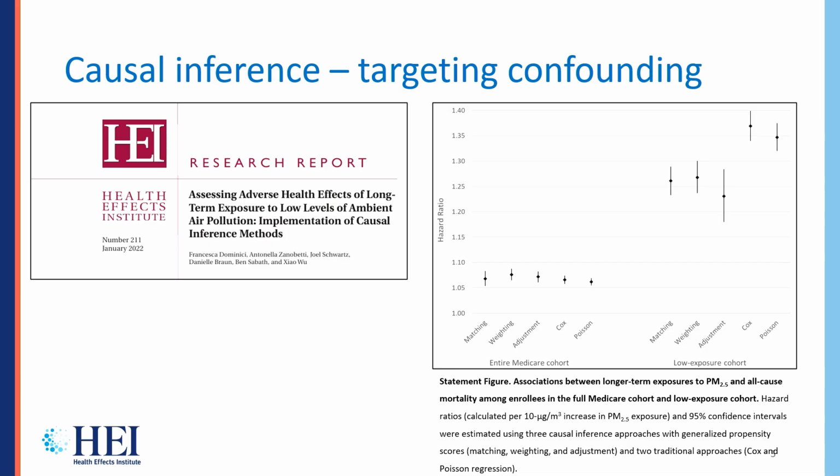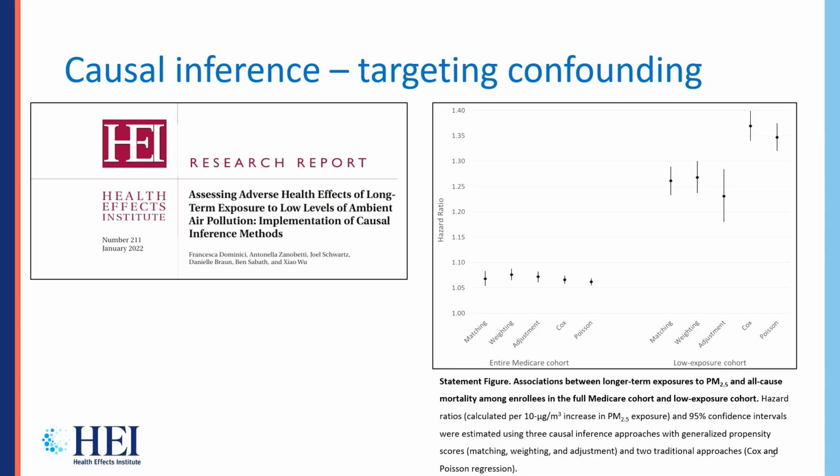the Medicaid data cohort. Here they developed a causal inference approach using generalized propensity scores that were applied under 3 different application methods, using them either to produce matching populations, using them for weighting individuals in the cohort, or using them as potential adjustment in the epidemiological model. They compared the results from these causal inference approaches, these 3 different types of application of propensity scores, with, let's say, the traditional statistical approach for the analysis of cohort data, including Cox proportional hazard models and Poisson models.